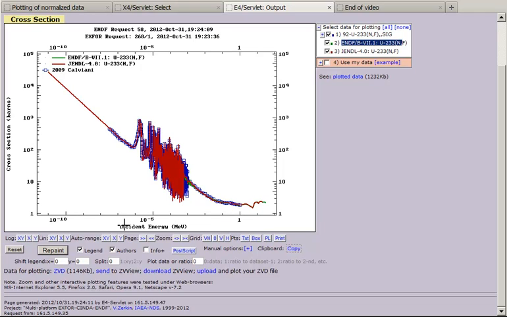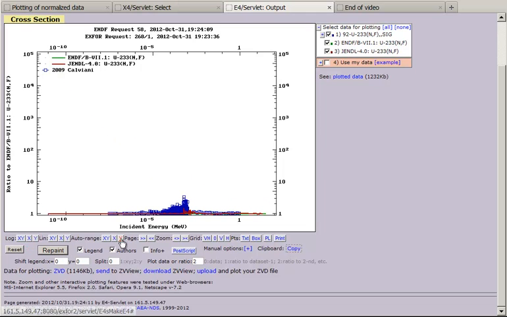We see that this is a plot of cross sections depending on incident energy. Now we are going to change data on the plot from original data to ratios to a selected data set. For example, I select data set number 2, which is ENDF/B-7.1 data, the green curve on our plot. So here I put 2, repaint data,